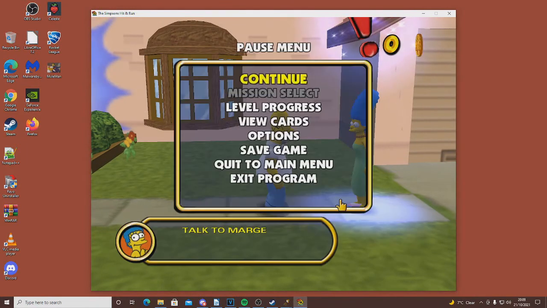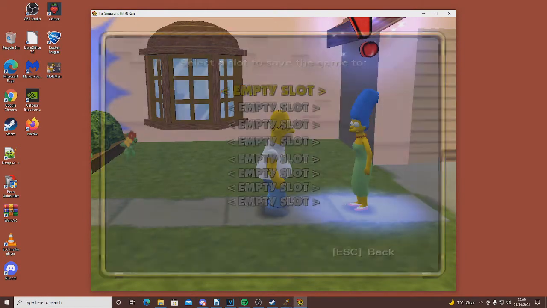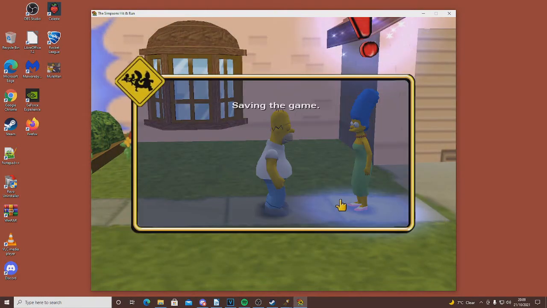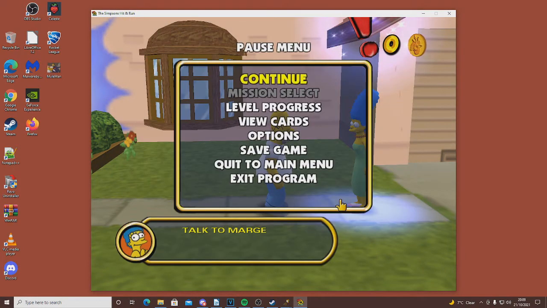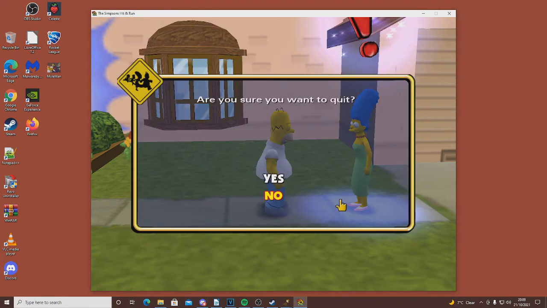Simply pause the game, go down to the save game option, top slot, and press save. I'm going to exit program.